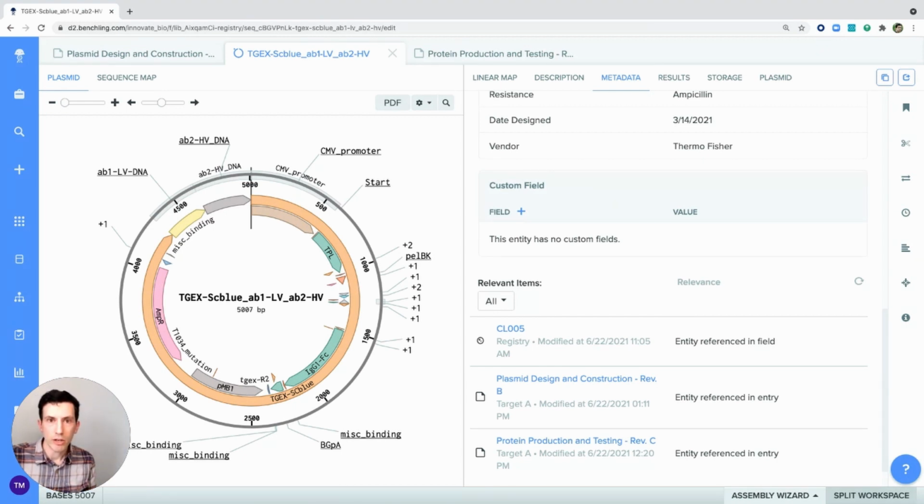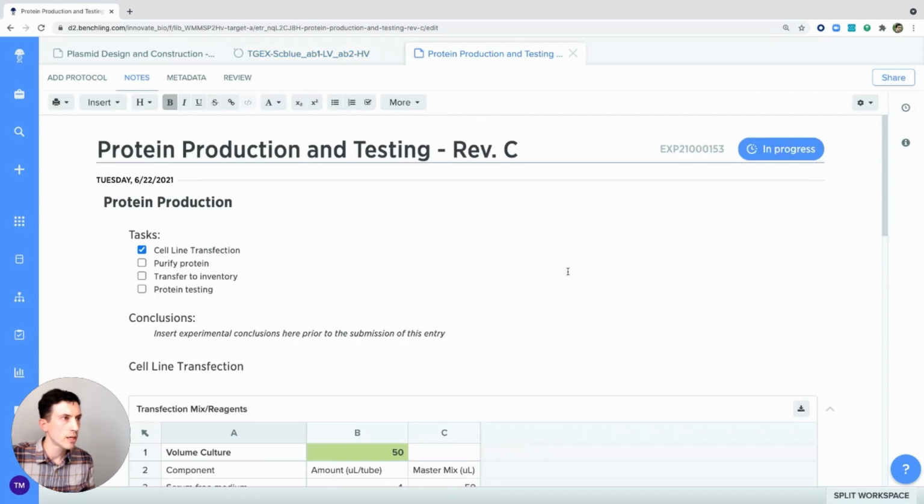So now we'll jump to that notebook entry that's in progress that I've created from a template, where we'll purify that antibody and capture a basic experimental result against it. All right, so here's that entry here, this protein production and testing. All right, so now that we're here in our experimental entry,